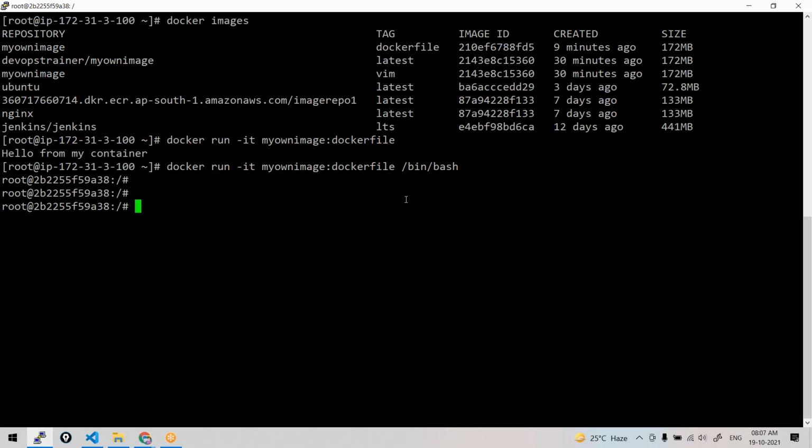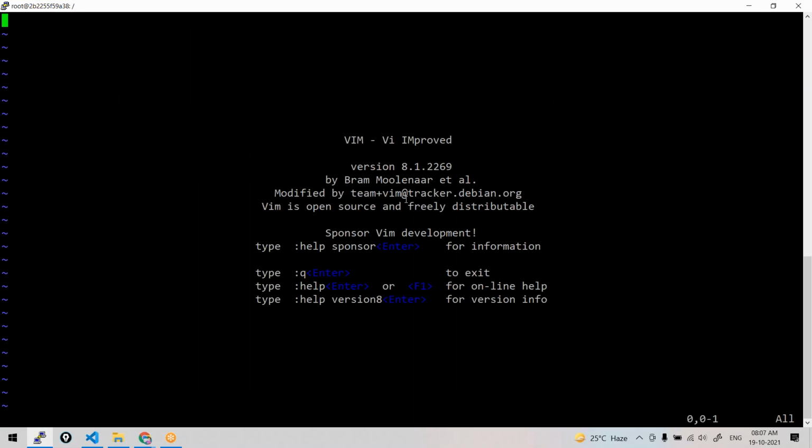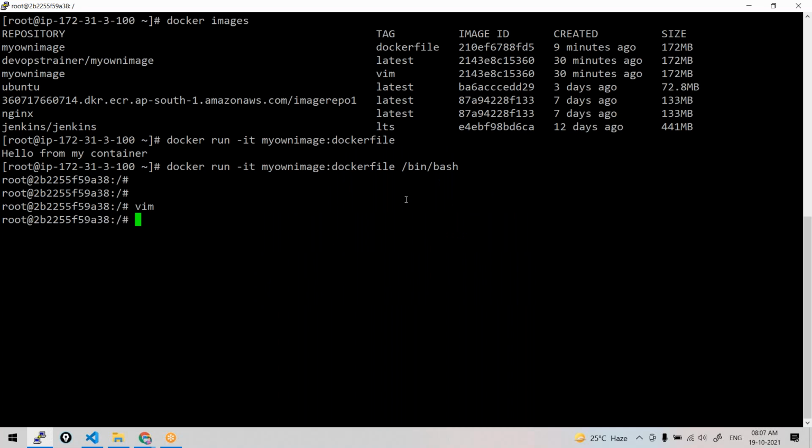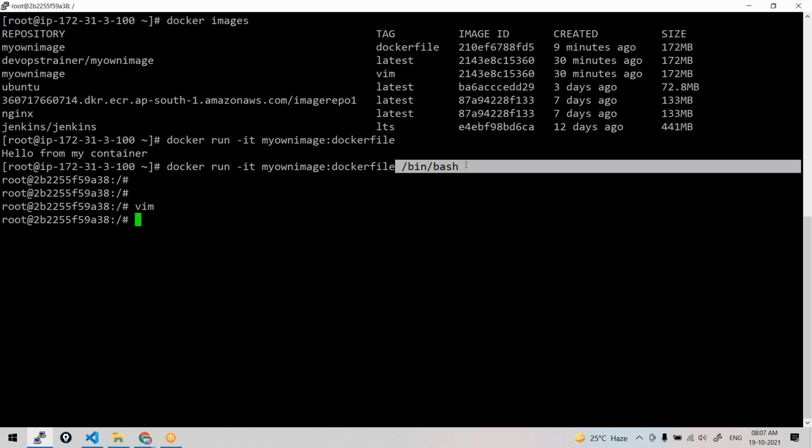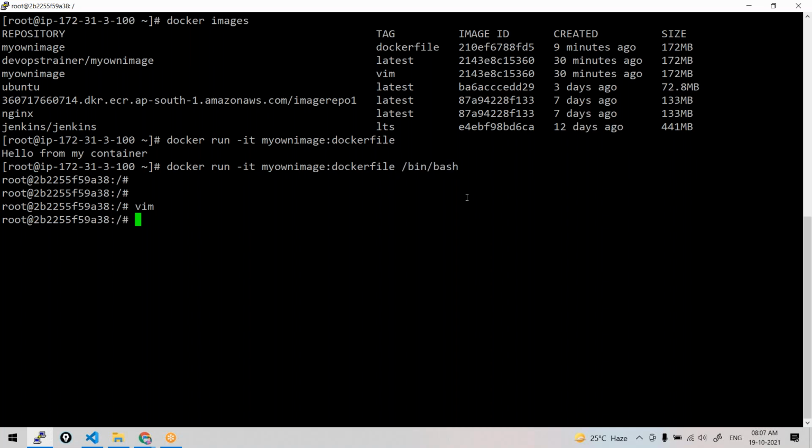Now I got the shell because the /bin/bash which I wrote from the command line is overwriting /bin/echo in the Docker file. And yes, I should have the vim package. Got it, all of you? So sometimes if your container doesn't allow you to go in, make sure to write /bin/bash so that whatever commands it was running in CMD will be overwritten and you get the shell.